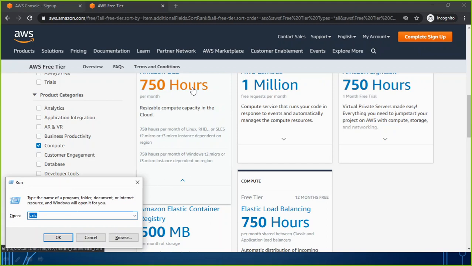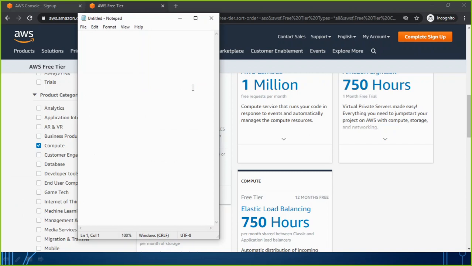So if I do again a calculation, let's say that somebody has created 10 instances, and even if they keep running for, let's say, 10 days, and every day maybe it is running for 8 hours, maybe for office hours, or maybe for 10 hours, so what is the total hours now? There are 10 instances, running for 10 days and every day 10 hours. So how many total is it?